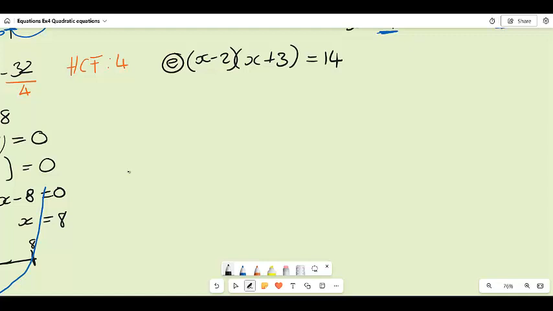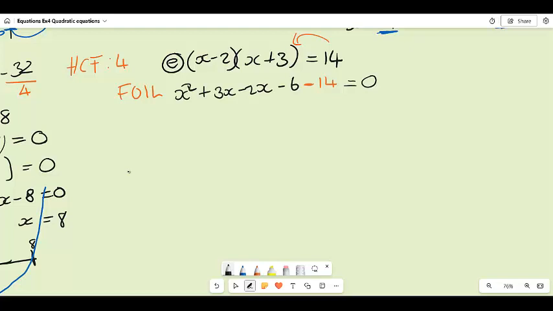So what you're going to do is expand the brackets, and you're going to say x squared plus 3x minus 2x minus 6. So what I did here was FOIL, and then I'm also going to take this over in one step. You can do it in two, so it becomes minus 14,